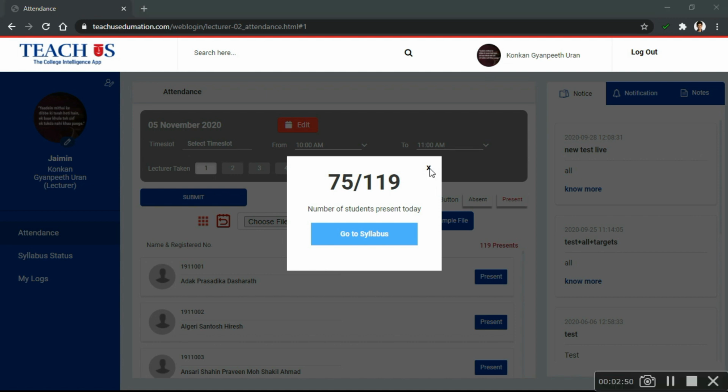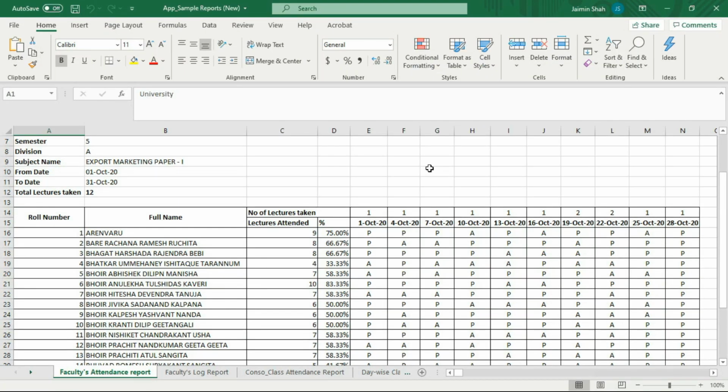Now what is the result of this automation? You have a total of 7 types of reports which you are going to get on your email address as and when you want. We are just focusing on 3 major reports. This is the first report you are going to get as a faculty, the individual subject report. For example, if you're teaching one subject in one institute or multiple subjects, this is the type of report that you are going to get. The report is of one subject, let's say export marketing paper 1: on what date you have taken lectures, how many lectures you have taken, how many students were present or absent, marked as P or A, which is the exact same method that you might be using in physical lectures, their percentage, and done.